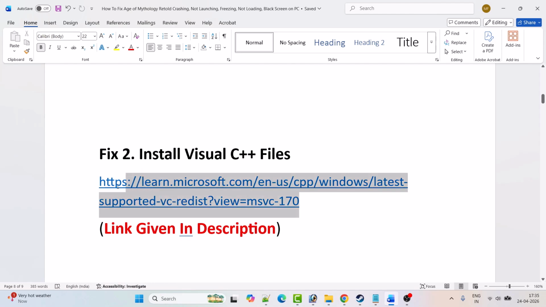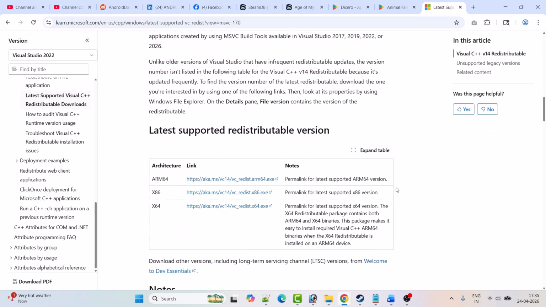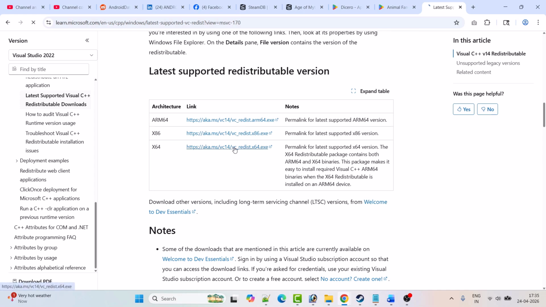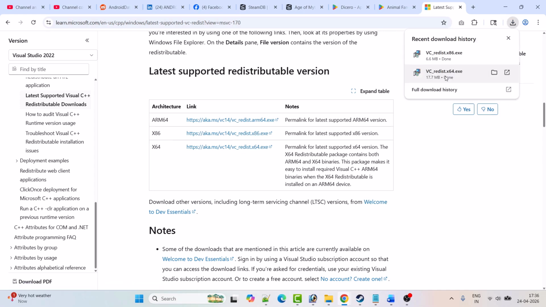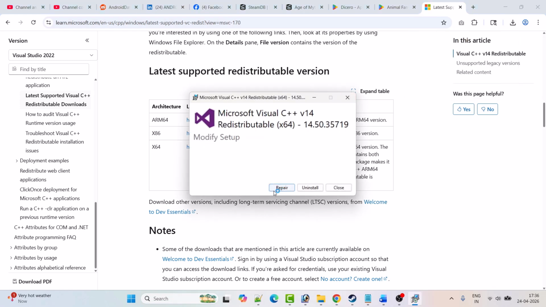Fix 2 is to install Visual C++ files. So go to this Microsoft website, link is provided in my video description. And once you're on this Microsoft website, scroll down and download both x64 version and x86 version. Download both the versions. Now first click on x64 version. Now if you see repair option, then click on repair, and if you see install option, then click on install